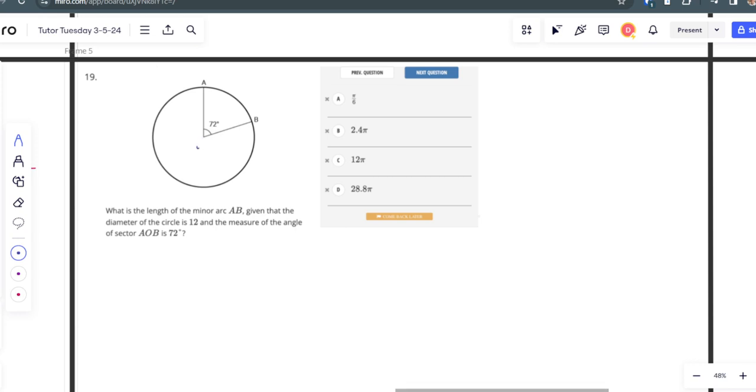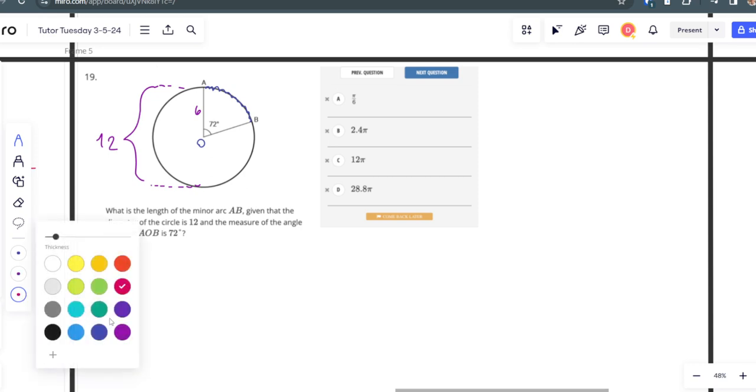So let's call this center O. Basically they're asking for this arc length right here, given that the diameter of the circle is 12, so from here to here is 12 units, so the radius is 6,